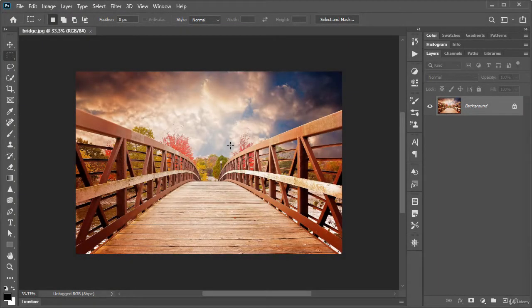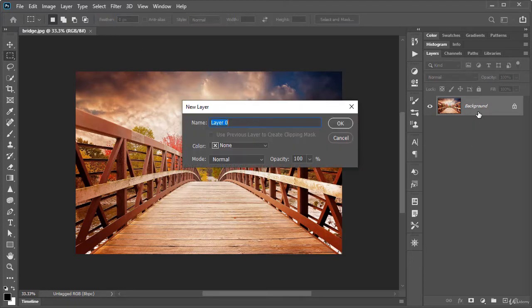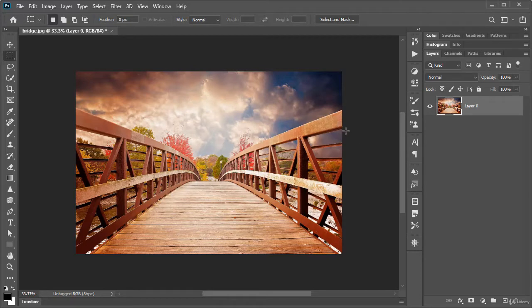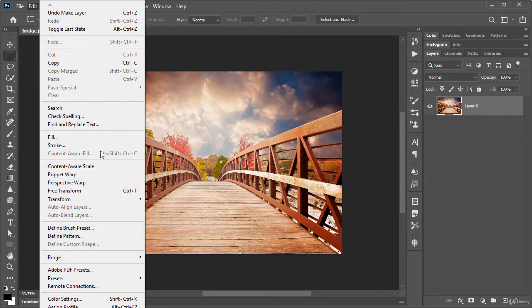In this lecture, we will learn how to scale, rotate, and distort images using the free transform command. I will start by double-clicking on the background image to unlock it and convert it to a normal layer. We can't transform a background layer that is locked. And then, with the layer selected, go to the Edit menu and select the free transform command, which has a